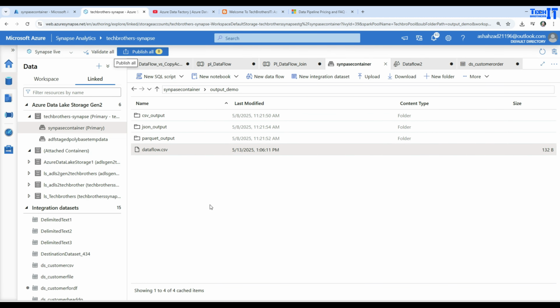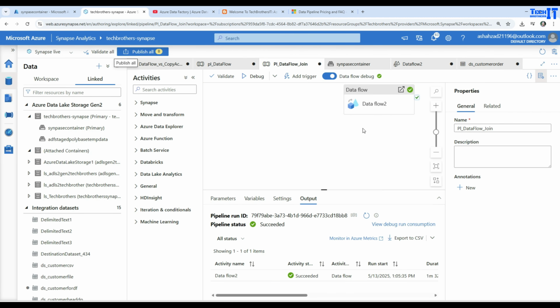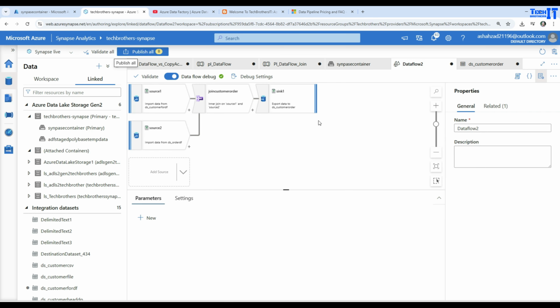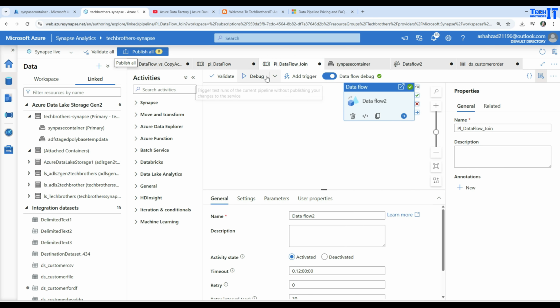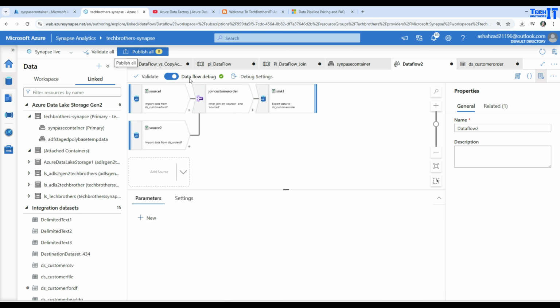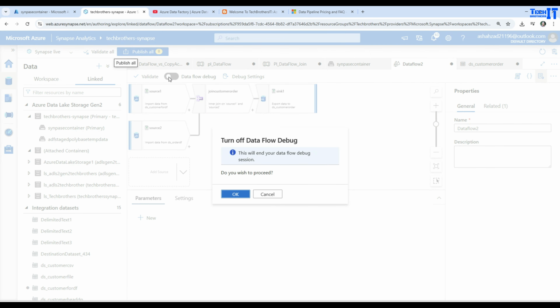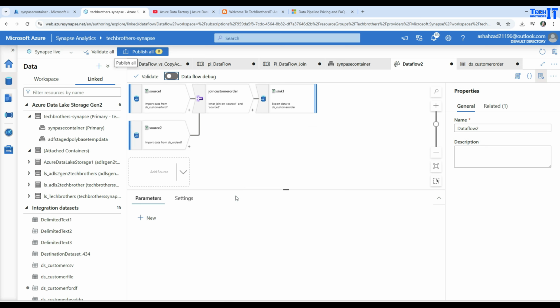Okay, great. So this is how you will be using a data flow in case you have to perform those different transformations. Now let's go back here, and I was telling you, hey, guess what? If you are in the data flow, you have to enable this data flow debug. I'm going to go ahead and disable it, so we don't get charged anymore. And now it is disabled. So if I want to rerun this data flow again, what I have to do is